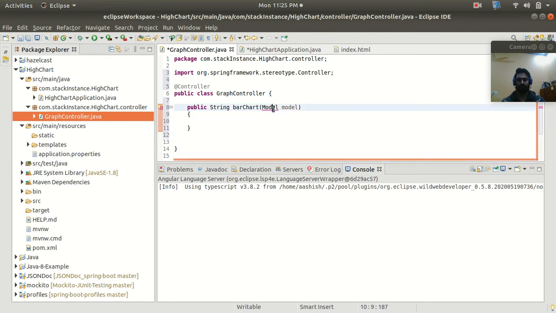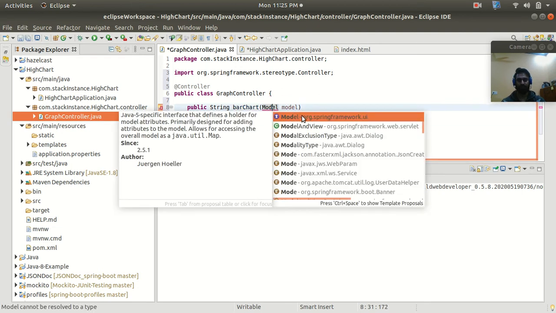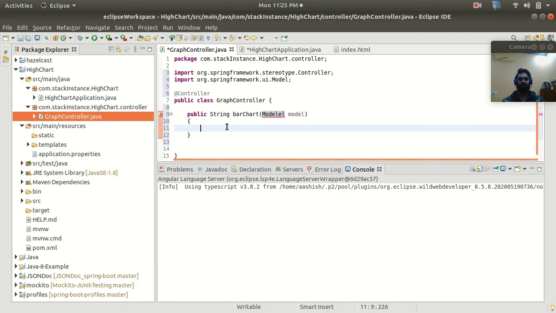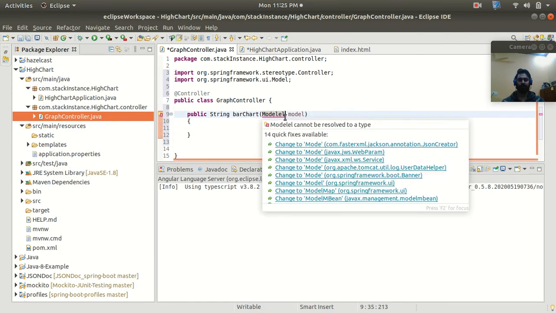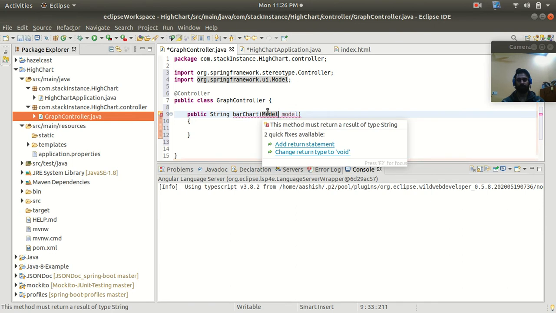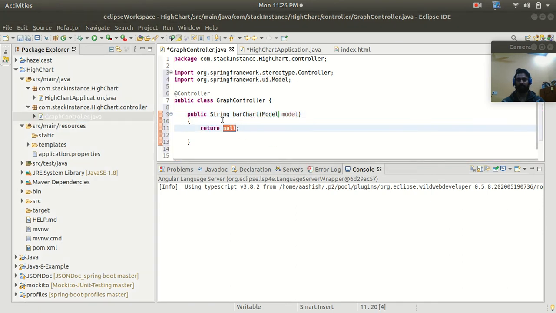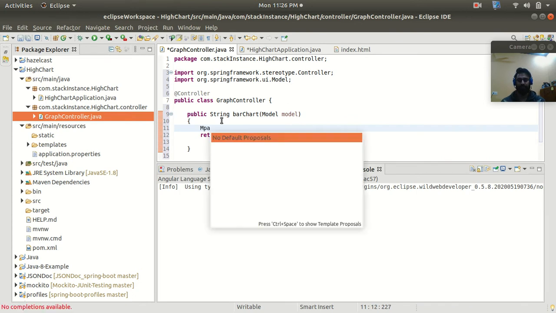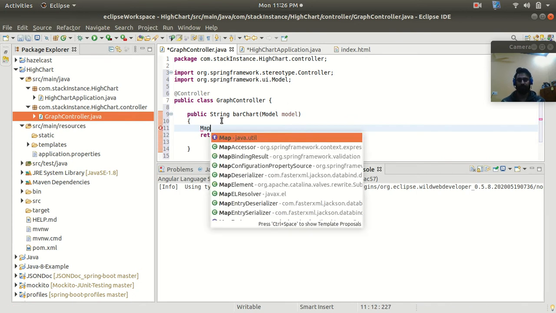We have to import this Model from org.springframework.ui. All right. Yeah, let's add the return statement for now. Here I'm going to create one LinkedHashMap, and then I'm going to add the data to the LinkedHashMap. So let's create one map first.